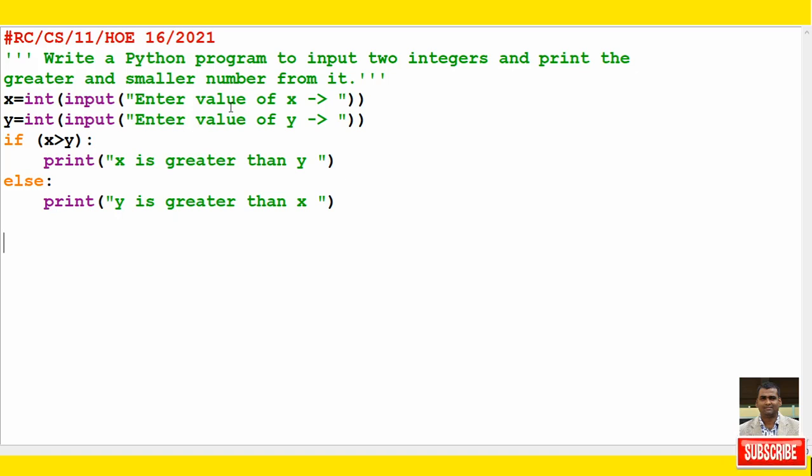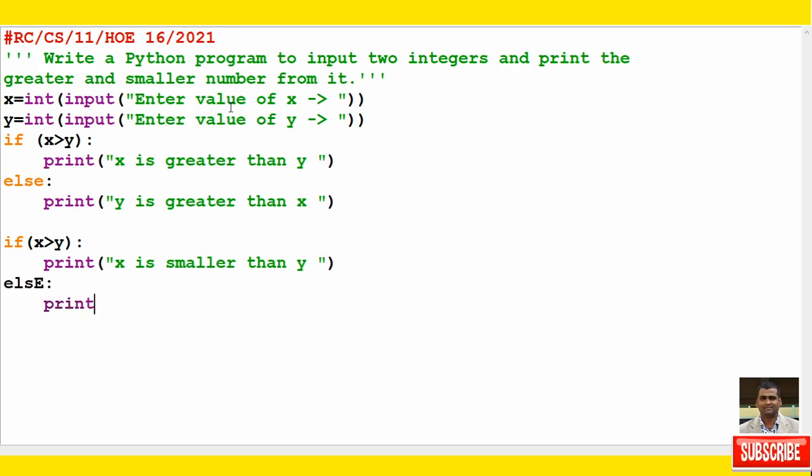Now can we make the same here: if x is less than y, then print x is smaller than y. And if we have else here, then print y is smaller than x.